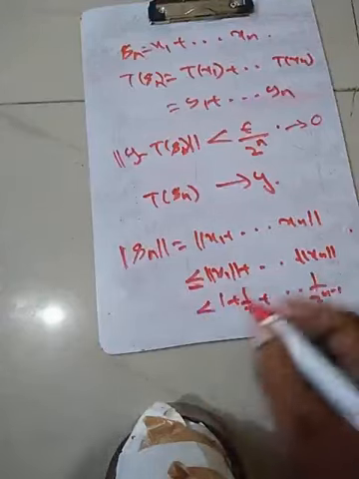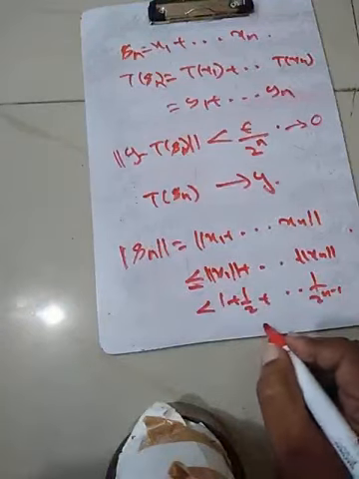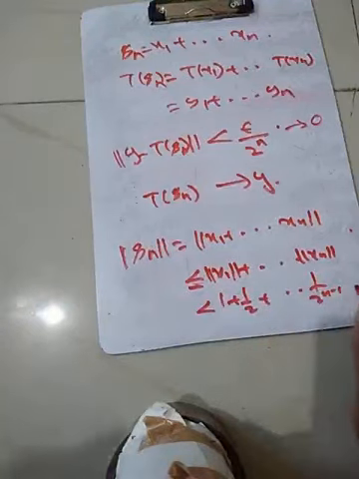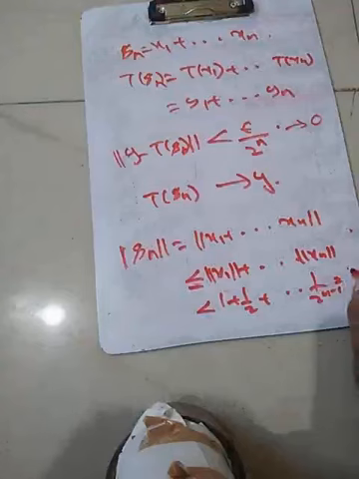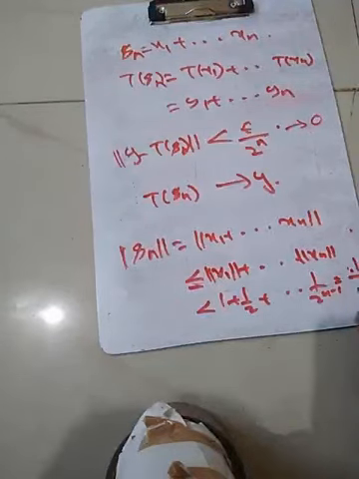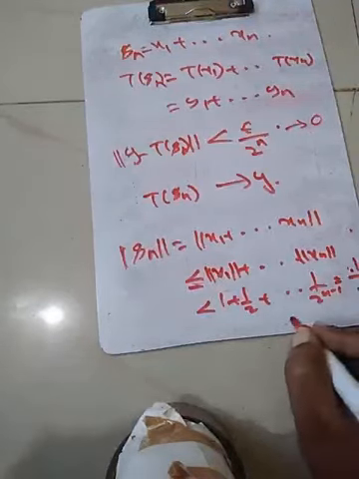This is a geometric sum starting with 1, and the sum of this series is 1 minus 1 by 2 raised to n over 1 minus half, and so on. So adding the terms, this will be strictly less than 1 upon 1 by 2. So this is strictly less than